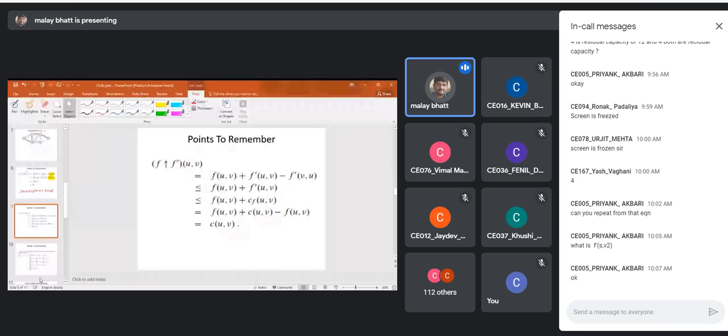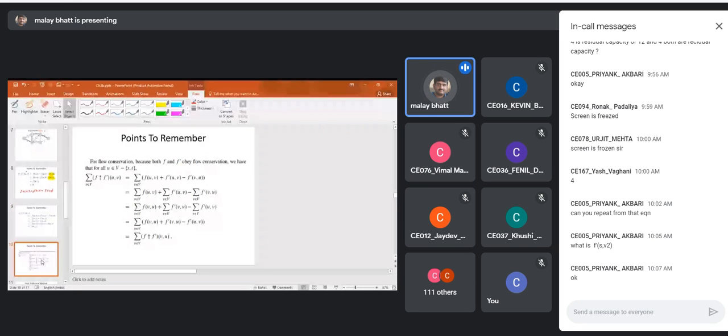So what is this term telling? That f augmentation f dash u comma v. So if you apply this augmentation path concept several times, several iterations, then what you will get? You will utilize the full capacity of that edge. Right? So that's why it is telling that if you do an augmentation by augmenting path several times, at most you will get the value which is equal to the capacity of that particular edge. Clear? So these are the two important things. Now this is very straightforward. It is just a flow conservation property.